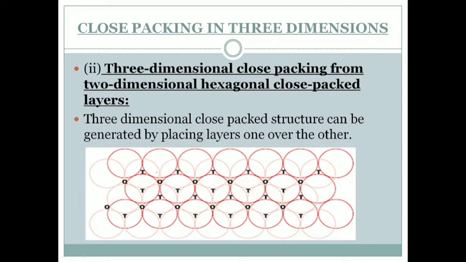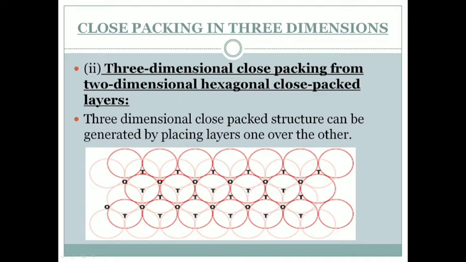Since the spheres of the two layers are aligned differently, let us call the second layer B and the first layer A. So it can be observed that not all the triangular voids of the first layer are covered by the spheres of the second layer. This gives rise to different arrangements. Wherever a sphere of the second layer is above the void of the first layer, or vice versa, a tetrahedral void is formed, and those voids are called tetrahedral voids. Why? Because a tetrahedron is formed when the centers of these four spheres are joined.